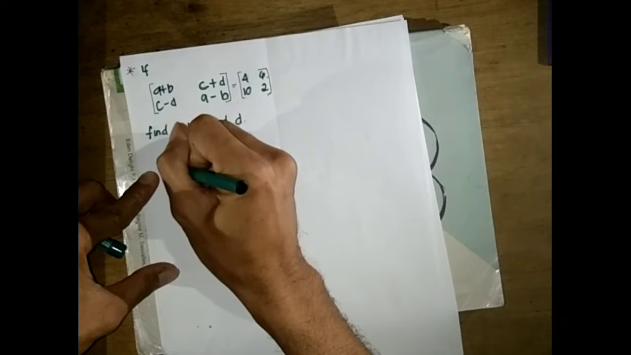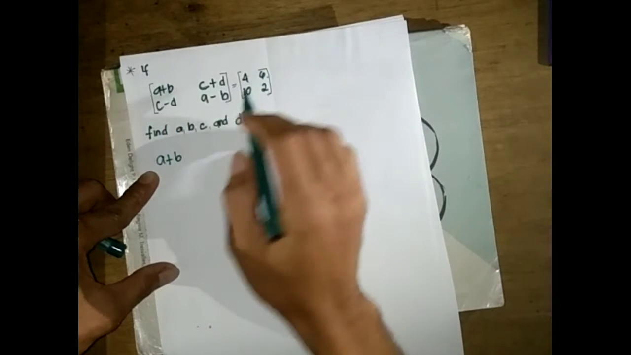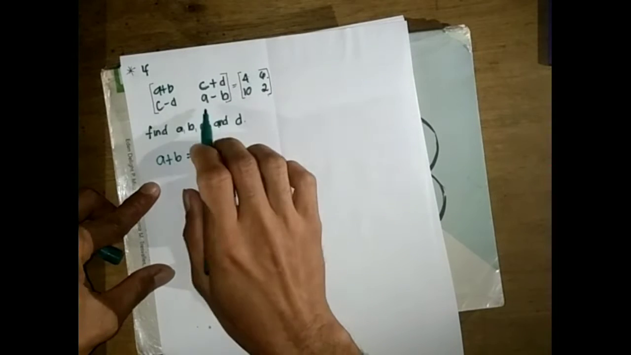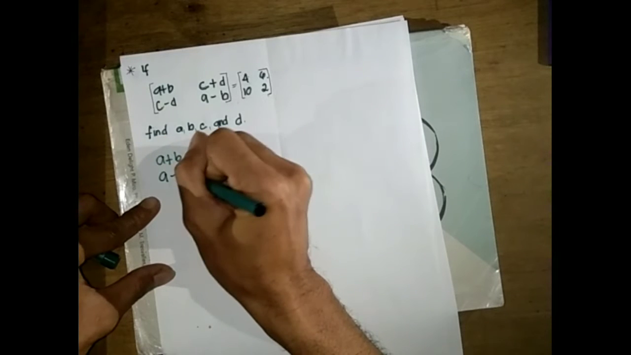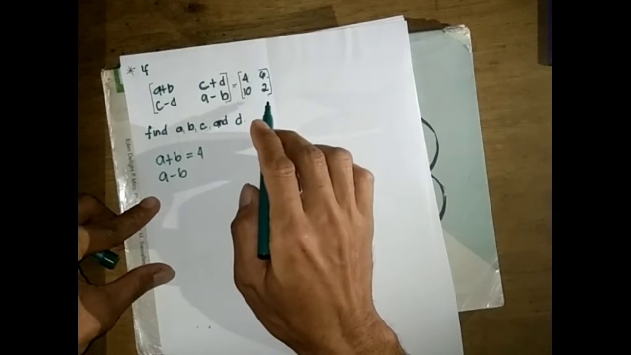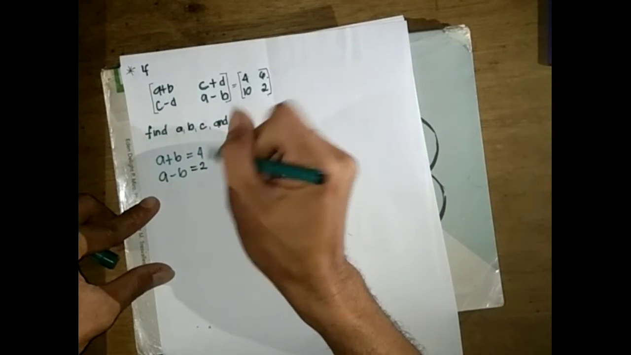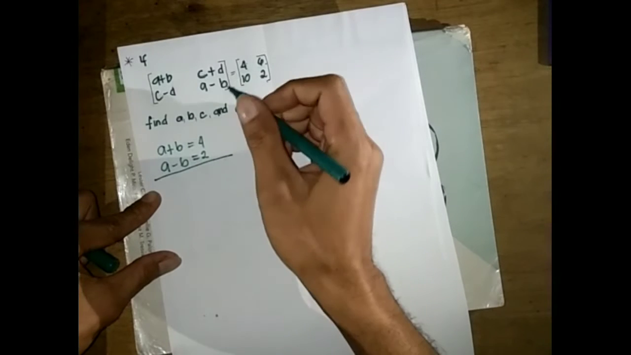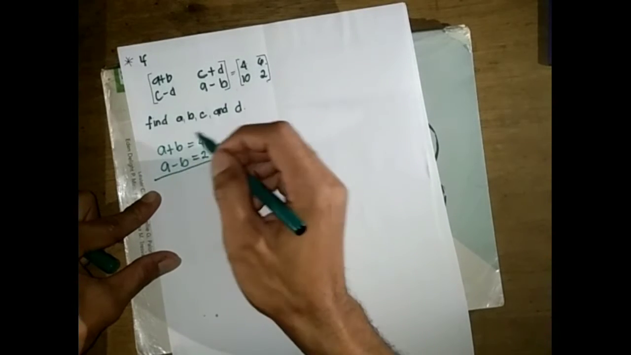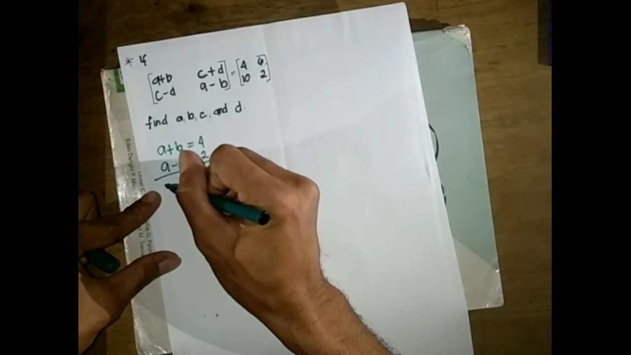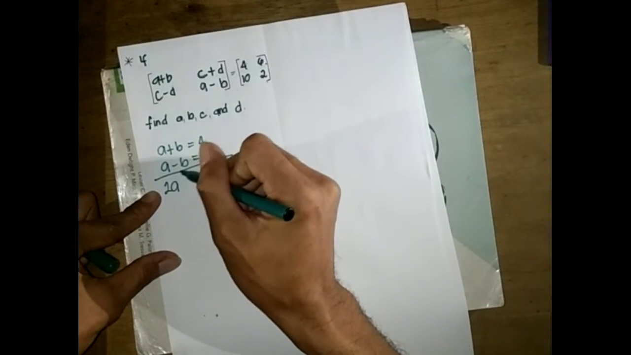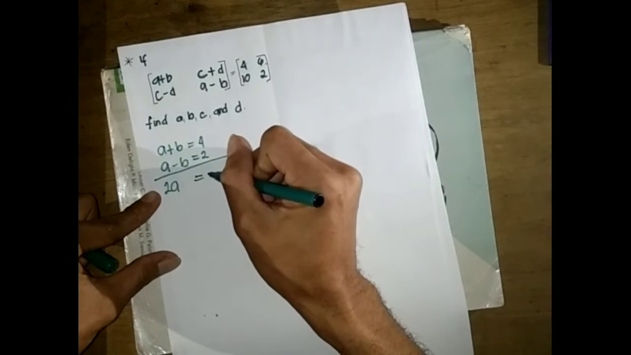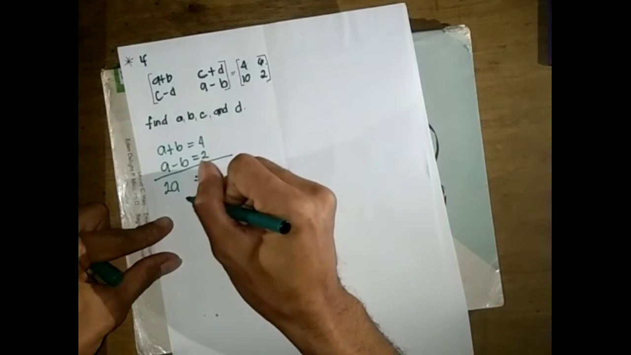So, A plus B is equal to 4, then A minus B is equal to 2. Then, combine these two equations. Combine like terms. A plus A is equal to 2A. Positive B minus B is equal to 0. So, huwag na natin kopyahin. 4 plus 2, 6. So, 2A